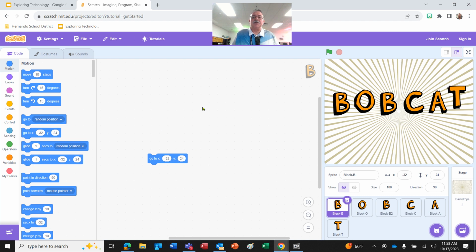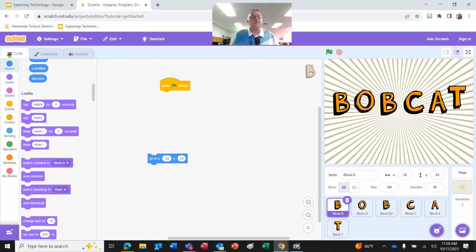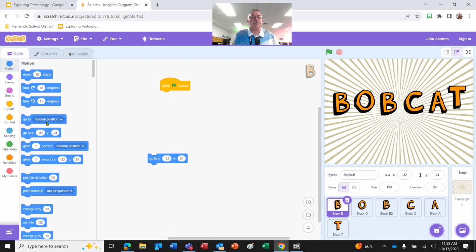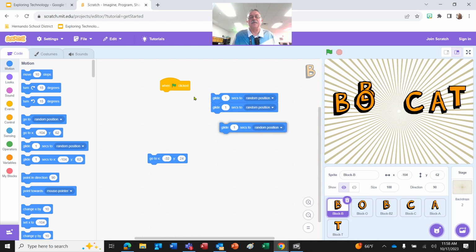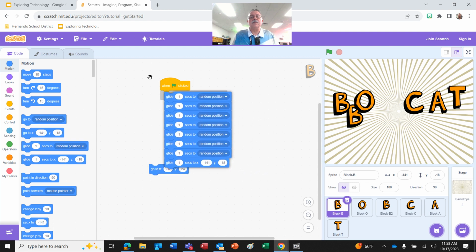Now I'm going to go back to the B. This is what I want to do. When I click on the green flag, I want to go to random, glide to a random position, okay? And I'm going to do this a couple of times, so I'm going to actually build this together. That's a lot of movement there, okay, right? So there we go. And then I'm finally going to have it glide to a final position,